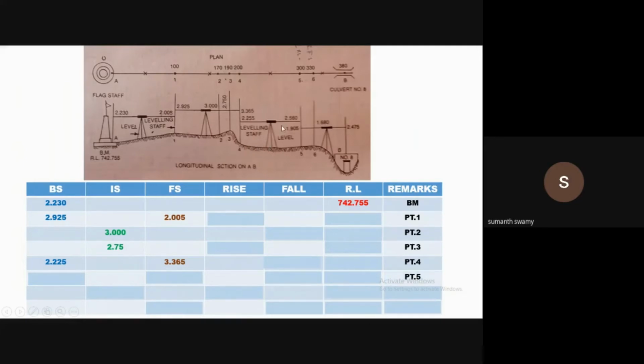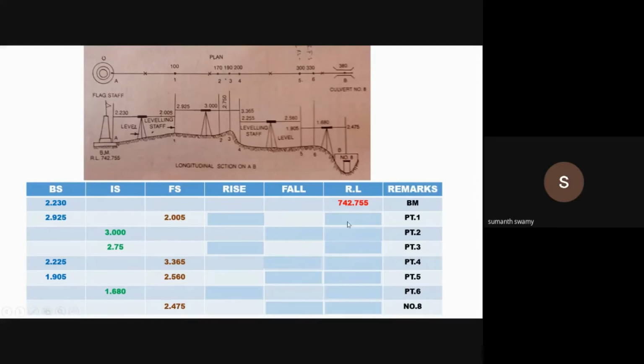So later from this station, the next point is viewed, that is point 5. So it is the foresight. The reading is recorded in the foresight. And now moving on to the next station, and again the backside is viewed. Therefore, it is entered in the column backside. Okay. So next is point 6. Point 6 is an intermediate side. Therefore, the reading which is recorded there is entered in the intermediate column. So ultimately, the leveling staff is kept on the culvert, which is the last point of the survey. And the reading you take on the last point of the survey is entered in foresight.